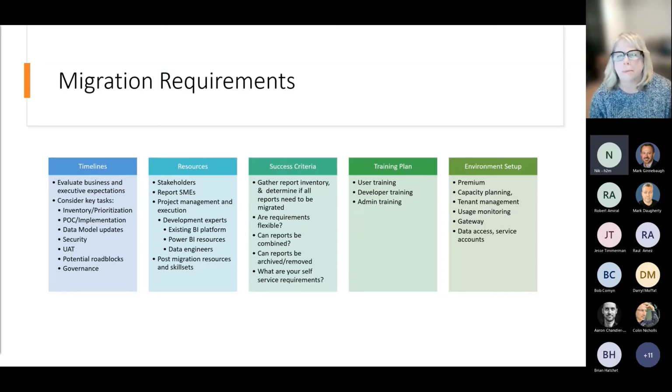And then your project plan in general should include a project manager. I think that's fairly obvious, but you're also going to want development experts. Start thinking about who those are. Do you need DesignMind? Do you need someone like us to come in and help and be your Power BI trusted advisor? There are a lot of great expertise out there that you could potentially leverage, but also within your